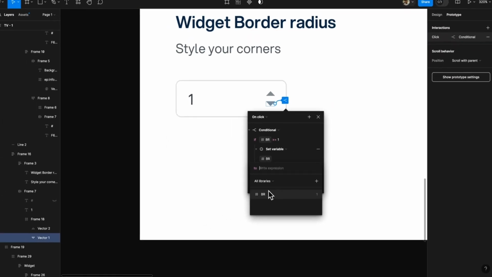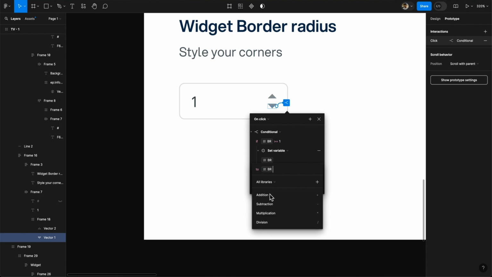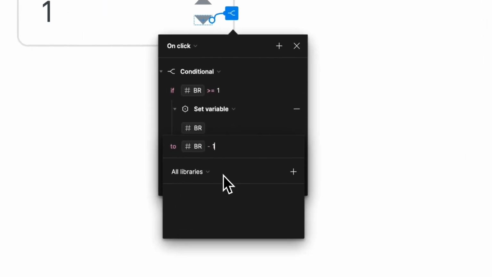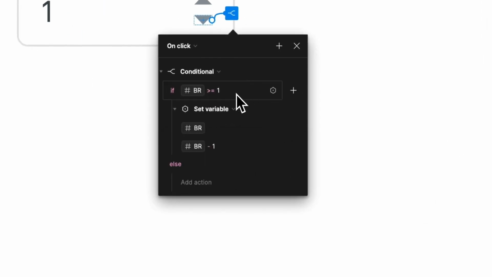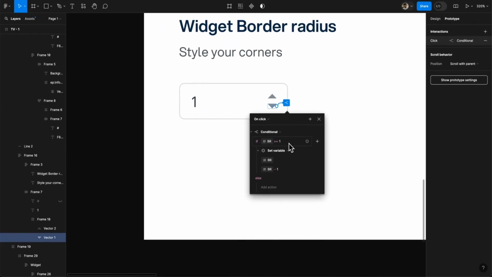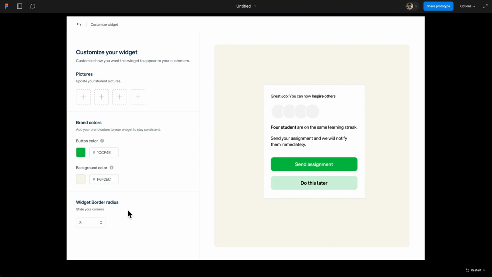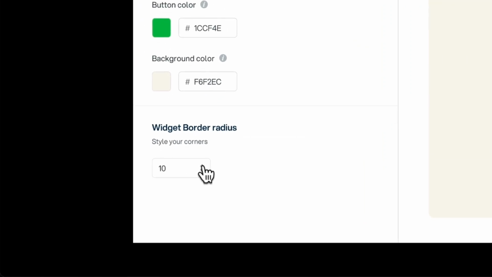So I'll say, okay, variable for border radius, set border radius minus 1. And so meaning that if the border radius is in any way greater than or equal to 1, which is 13 in this case, it should set it